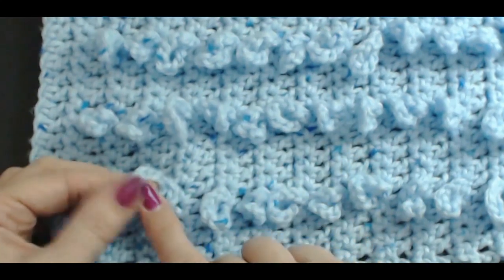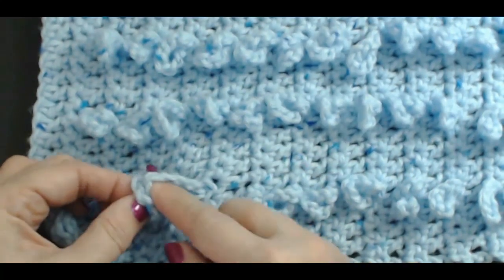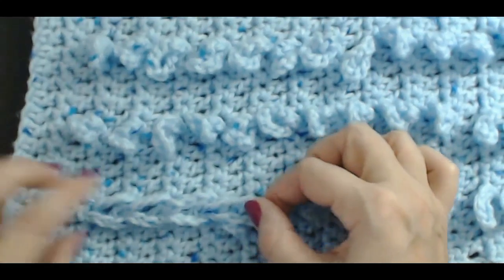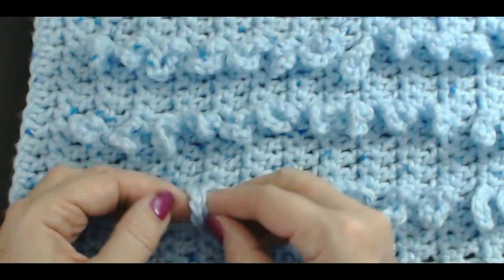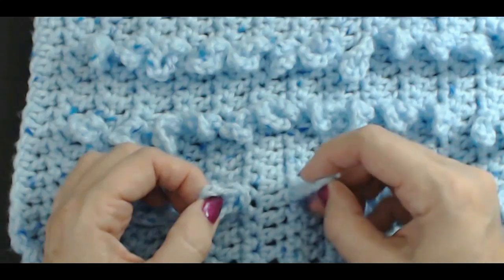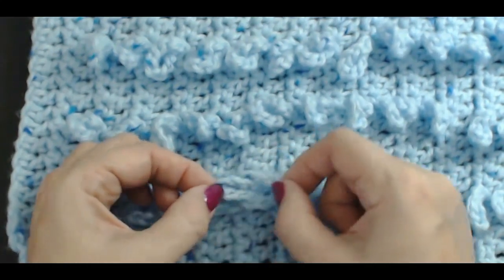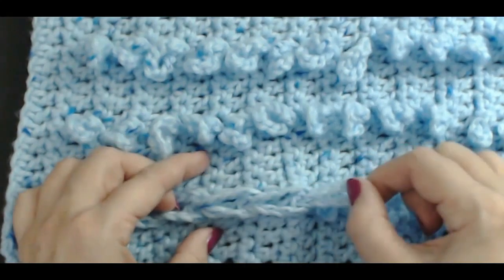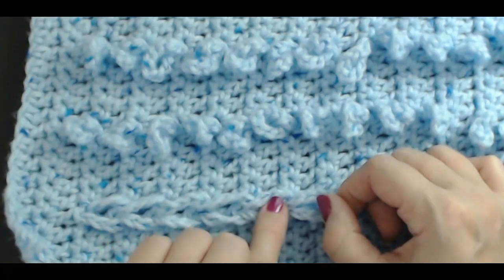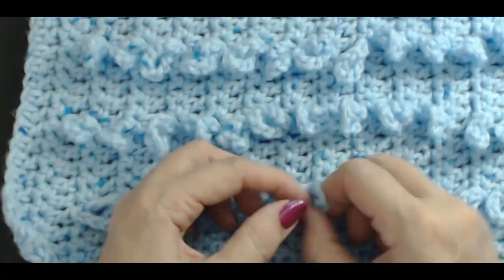Now that's your third loop there. Take the fourth one and put it through like that and bring that one up. And that's what makes that chain effect. So you're putting this loop through that one and then leaving that one behind and bringing it up. So that's your first loop, your second loop, your third loop, your fourth and your fifth. You're going to do that to all your loops